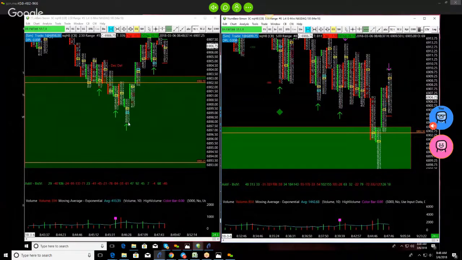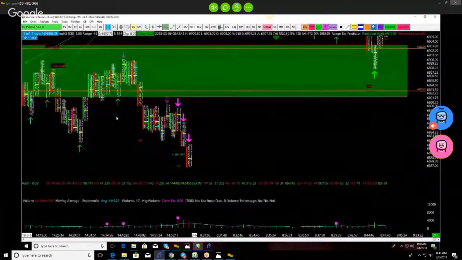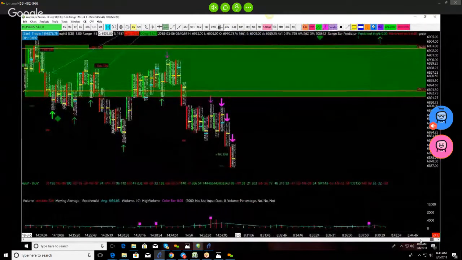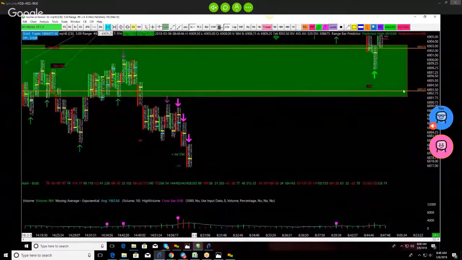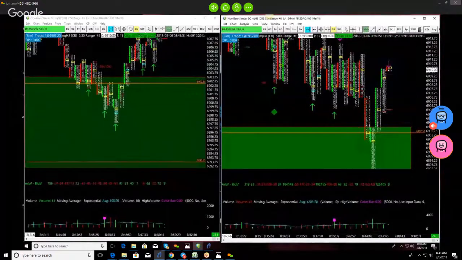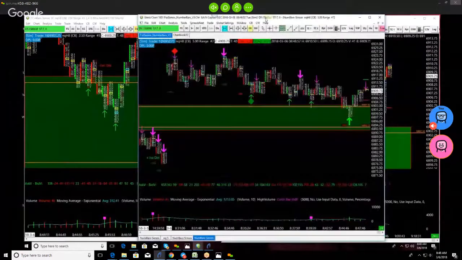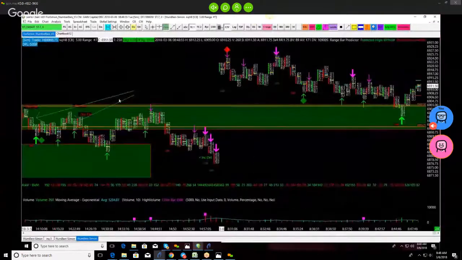But the general thesis is that they were going to hold this area, and that was based on what I saw yesterday. See how we're pushing out there, almost 5 points? And why did I think we were going to respond? Because I could see my delta pushes down over here to the left, which is why. So now I can take my profit. I was late, 6911. So I ended up with about 6 points, $120 a contract on that push up.